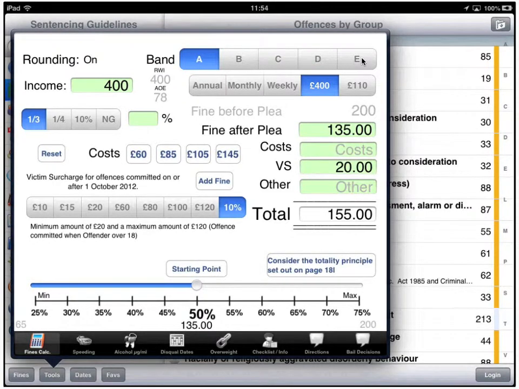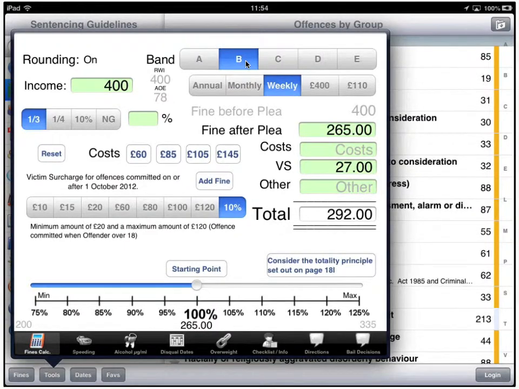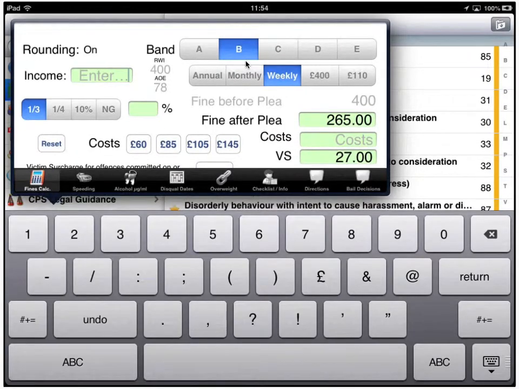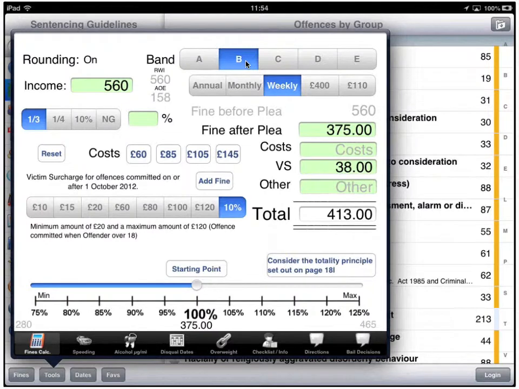So let's make a start with a couple of fines. We can select the fine band. So for example, let's go with a speeding band B 45 and a 30 as an example. We can inquire as to the monthly, weekly or annual salary, and let's select a weekly salary. And we'll enter £560 as a weekly salary for this particular